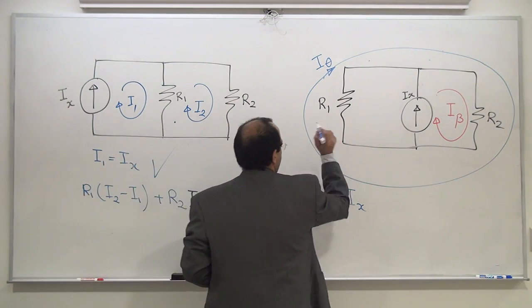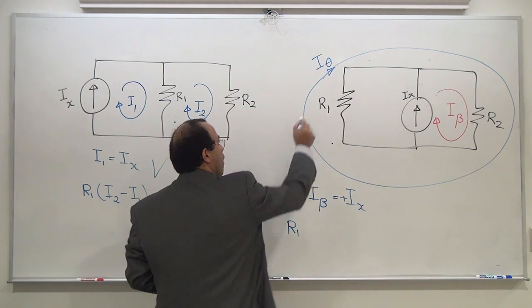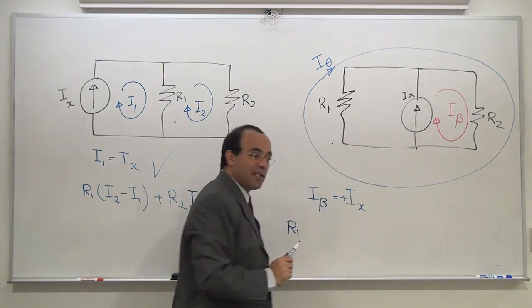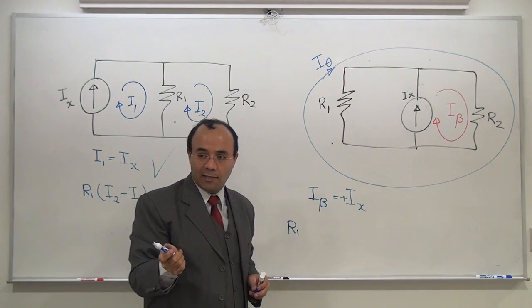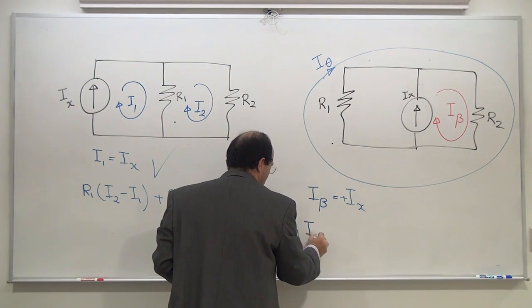Let's begin from one end, this end. You have R1, and R1 only sees I theta. I theta is the master, everything else is a slave. I theta is the leader, everything else is actually following. So I theta, R1 I theta,